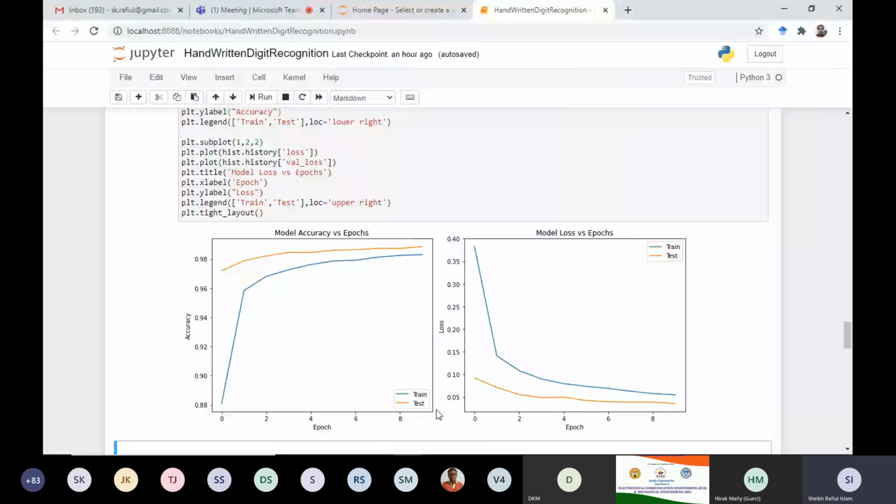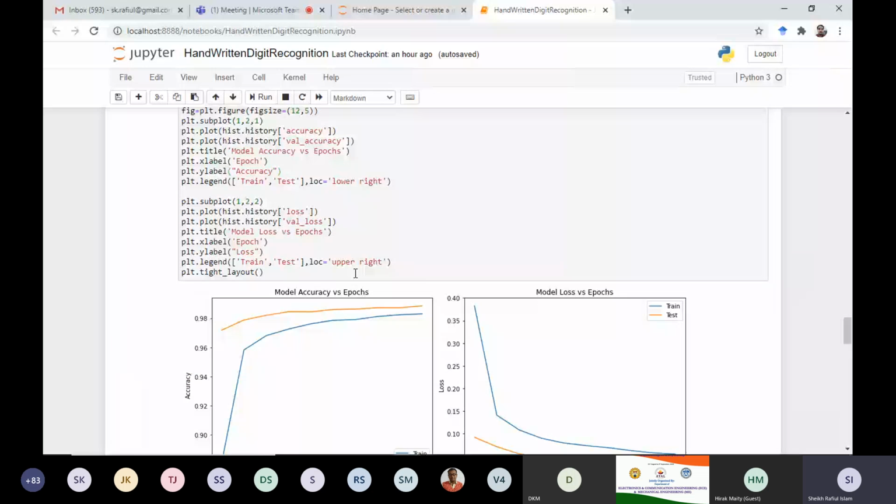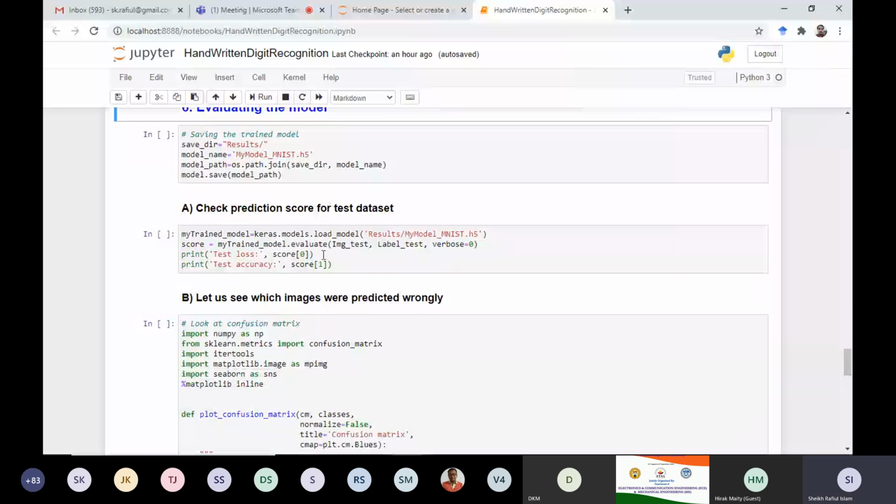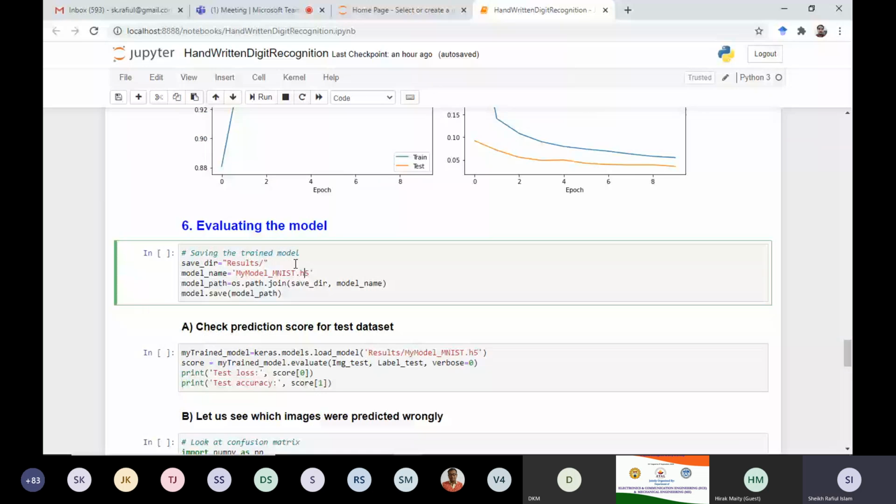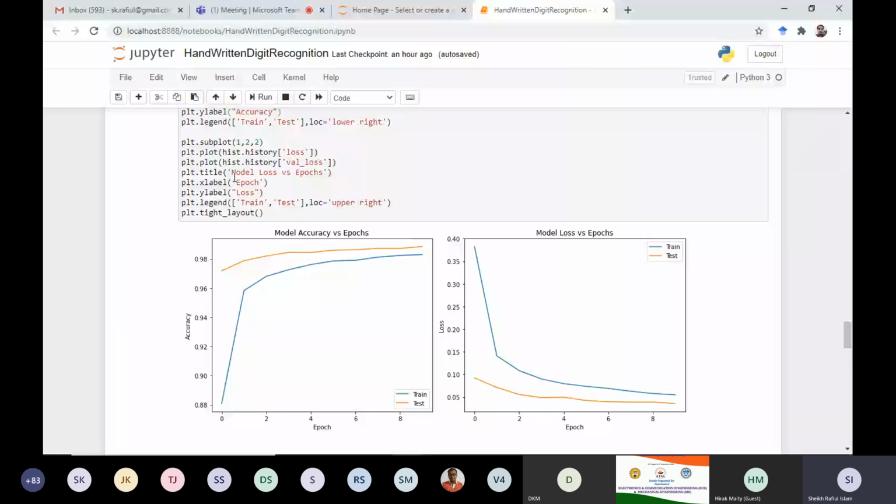So up to this point, we have defined our model, we have compiled that model, and we have trained our model. So our model is ready to test, even to deploy. Here we are testing our model. Such that if you end the session here, your trained model is still available later, we are saving this model.